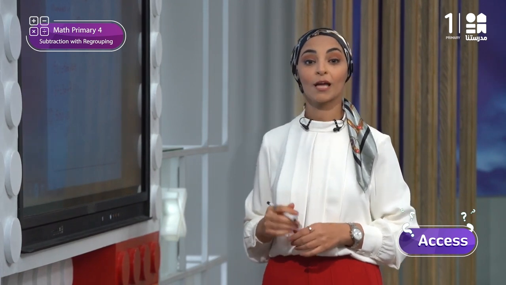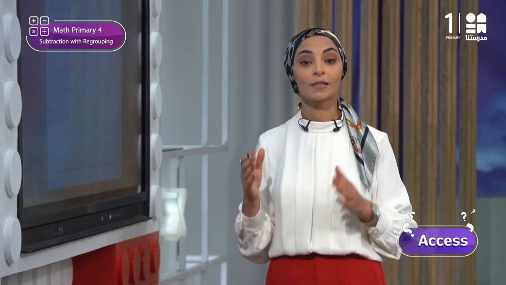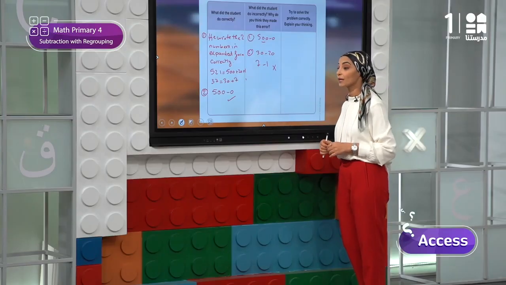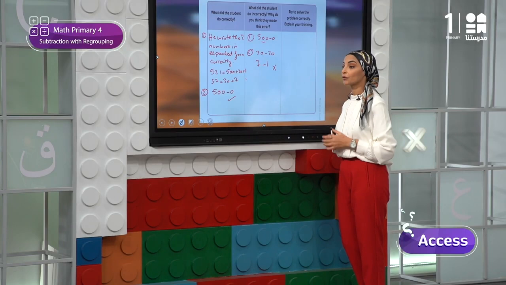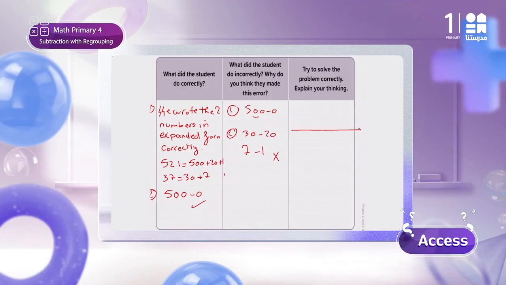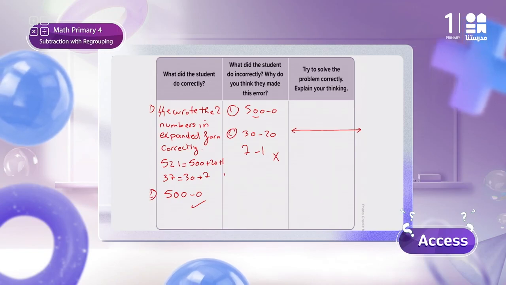Well, if you want to solve the problem correctly, what shall we do? Can you solve this problem using one of the strategies we have studied before? If we use, for example, the counting down strategy for subtraction. How do we do it? We should start with the big number and write it on the number line. Let's solve it. I will draw the number line. I will start from the big number which is, yes,